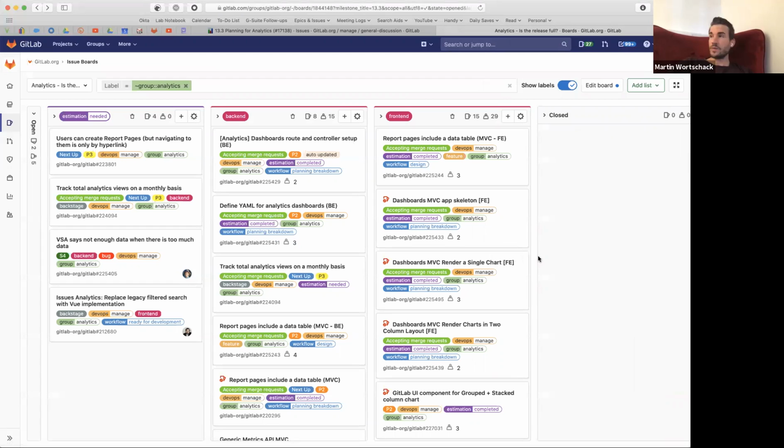I guess for the next milestone maybe a little more because we underestimated some of the issues in the current milestone. So I guess maybe a total of 16, 17 should be reasonable for the next milestone from a front-end perspective.